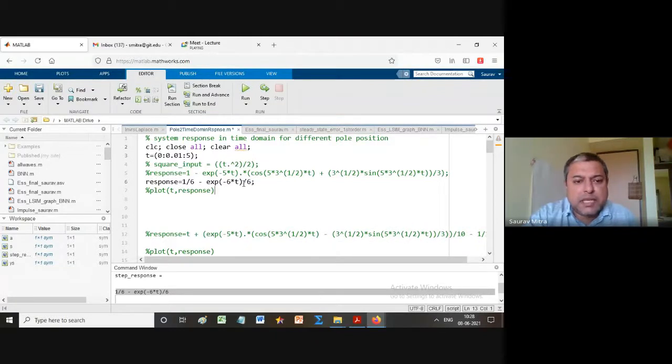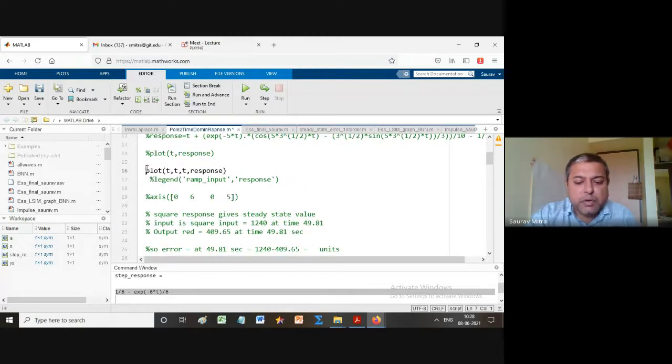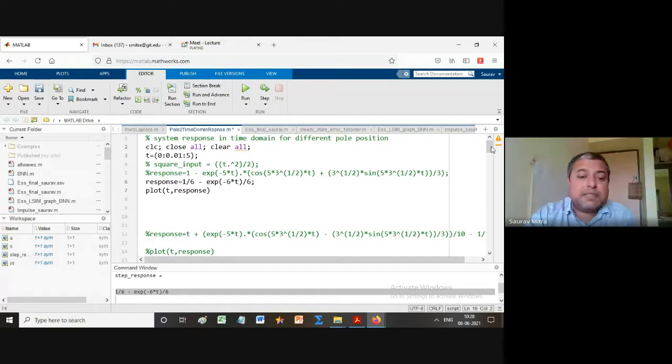So it is a 6 line code, 4 lines there and 2 lines here, so plot t comma response is done. What is meant by plot t comma response? It means whatever is time, with respect to time you are plotting this response, 1 by 6 minus e raised to minus 60 divided by 6. So we are actually plotting the output. This is not the error, because the first method, ES is equal to RS by 1 plus GSHS, directly gives us ET. That method we are not applying here. Second method, we will prove it shortly. By the second method we can find the step error of this.